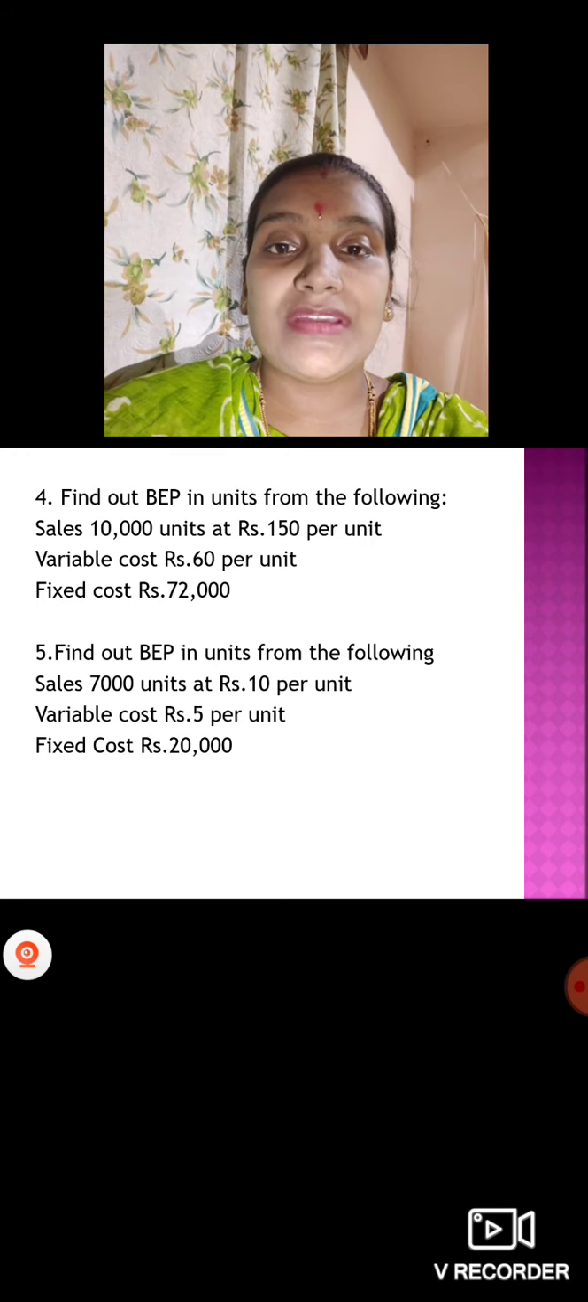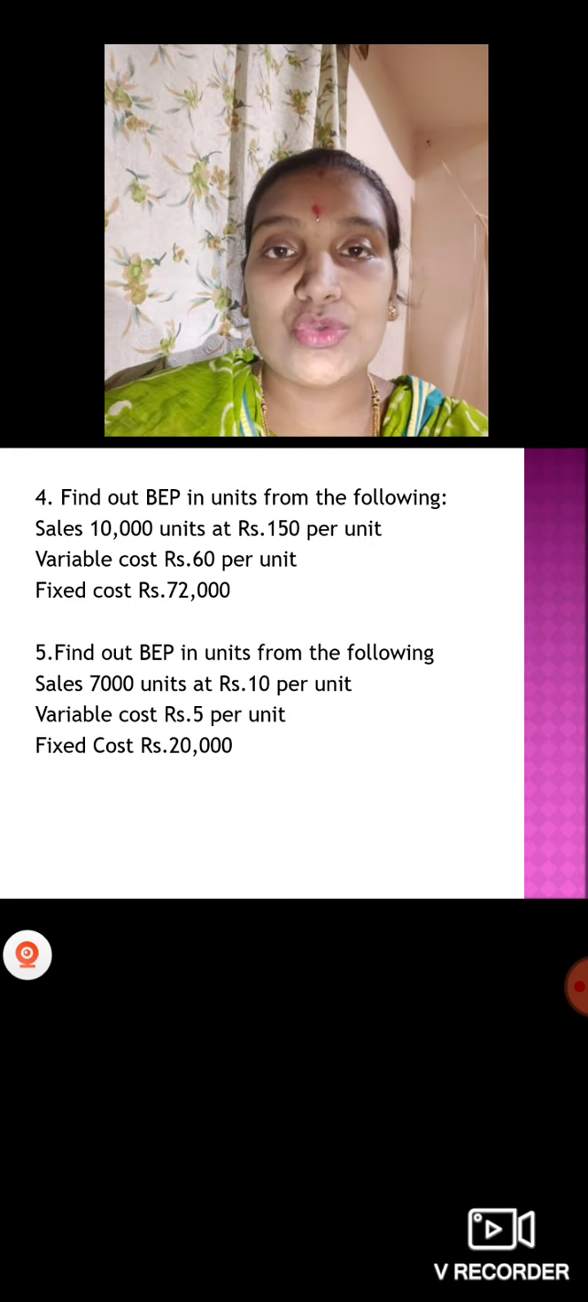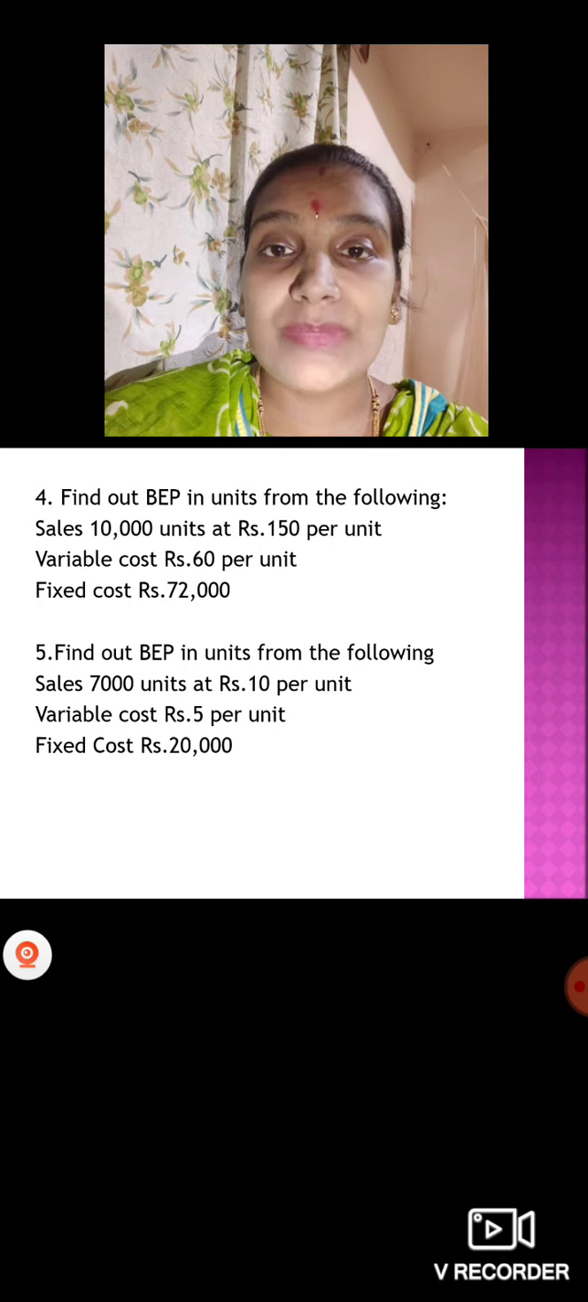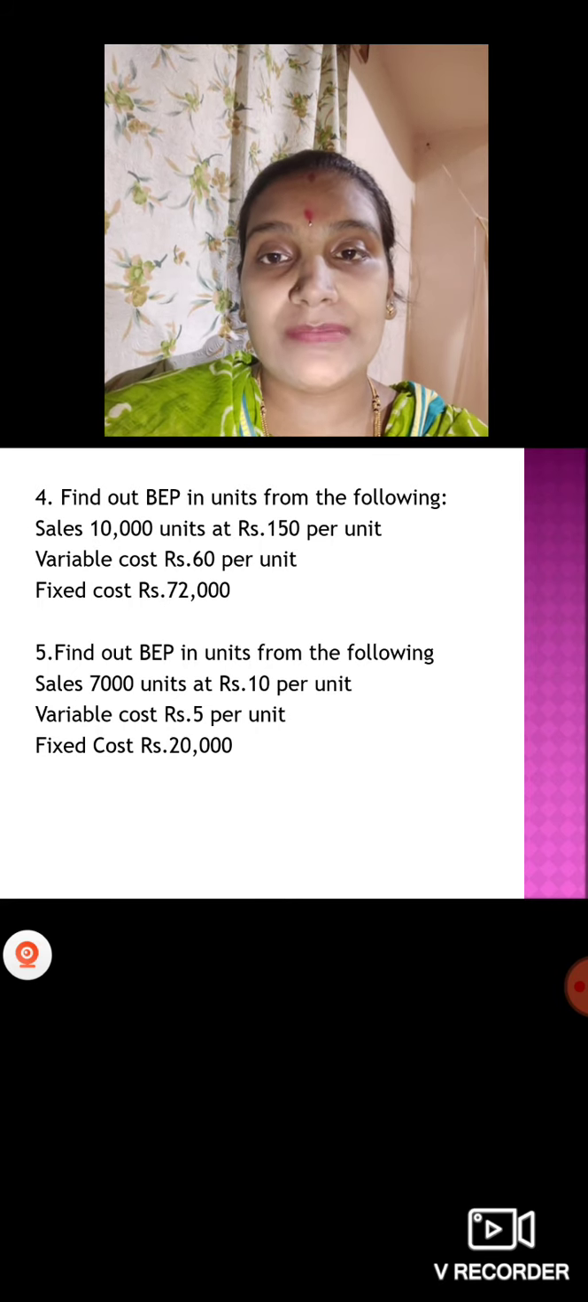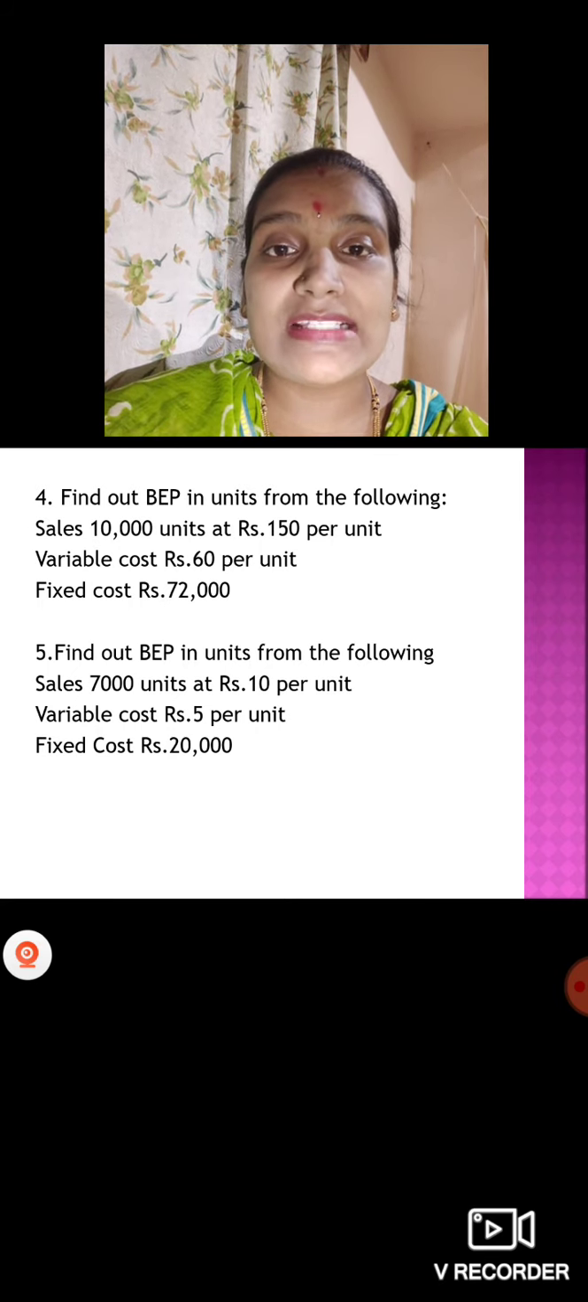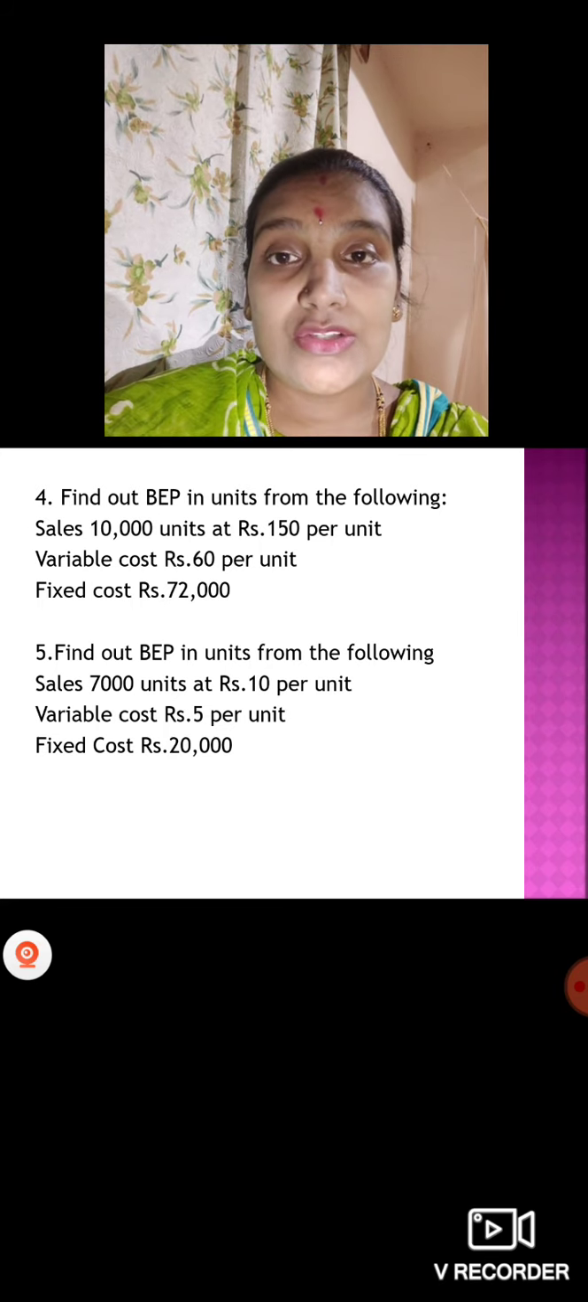Still, if you have any doubt, you can get it clarified. These sums I want you to solve as homework. Find out break-even point in units from the following. Sales we have 10,000 units at rupees 150 per unit. So 10,000 into 150 you have to calculate. Sales you will get